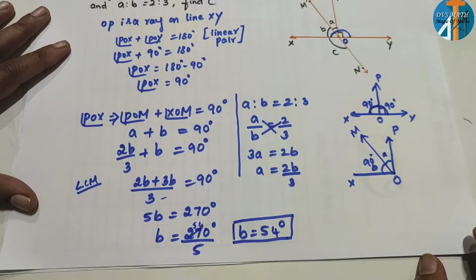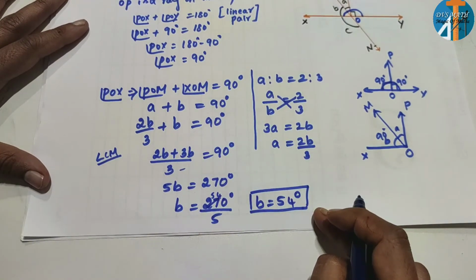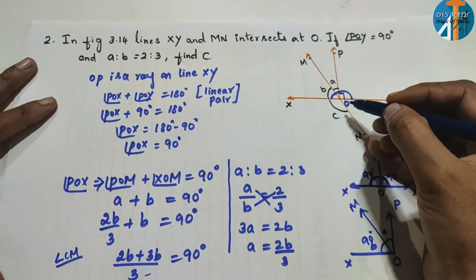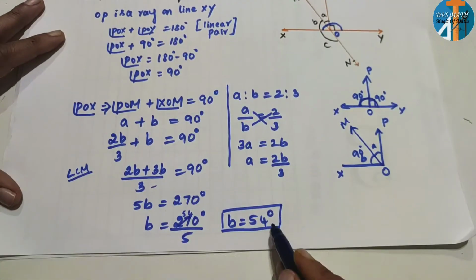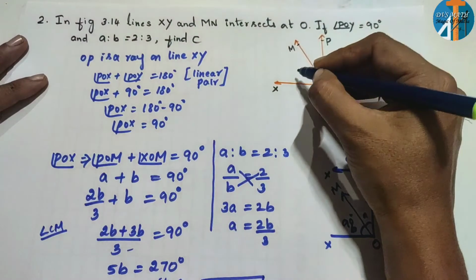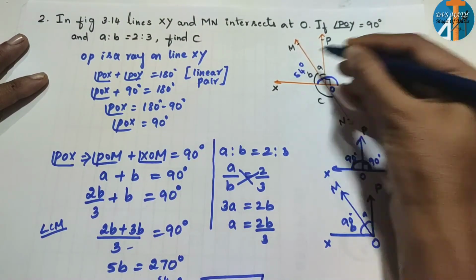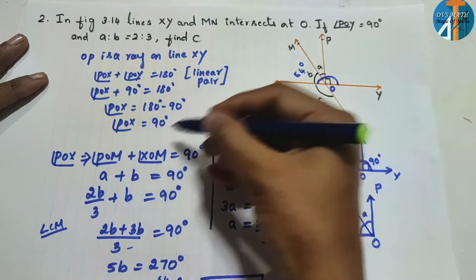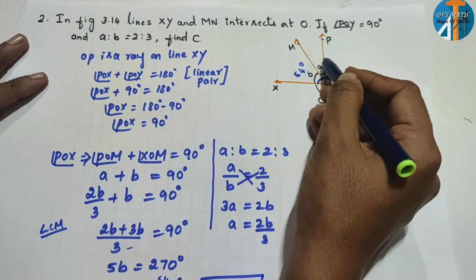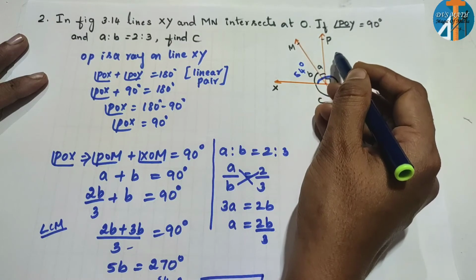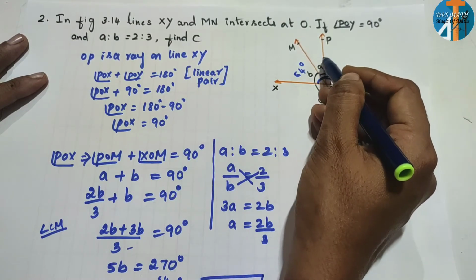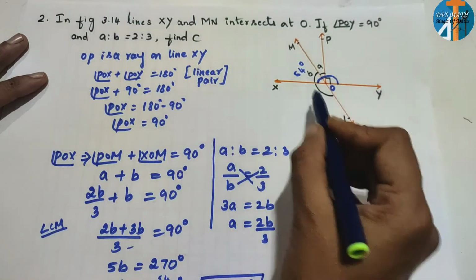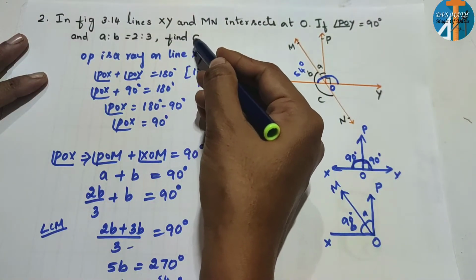Okay, now observe, here no need to find the A value because what is necessary here is an angle. Here in the problem we got 54, right? B is equal to 54 degrees now. This is 54 degrees. And if you subtract from 90, you will get this one. Here this is 54, so A will be 36. If we subtract this, okay, 36. But we no need to find the A value because they have asked to find the C value, right?